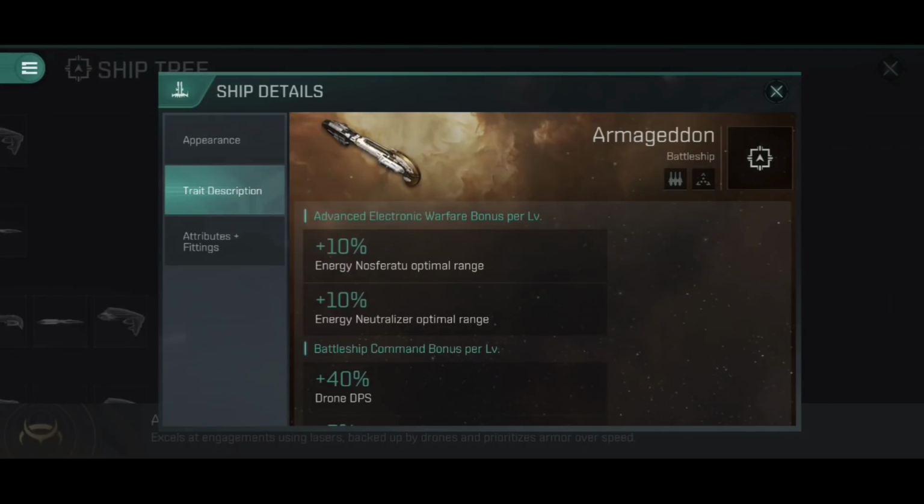Now of course the Armageddon then, surprisingly actually, similarly to the Bhaalgorn, gets bonuses from advanced electronic warfare. This increases the range of its energy Nosferatu and the energy neutralizer optimal range. So you're getting longer range E-War and drain here. This makes this surprisingly good in fleet PvP because it is able to flatten enemies' capacitors using those neutralizers from quite an extensive range, and in PvE you're able to keep a Nosferatu on your opponent from further away,